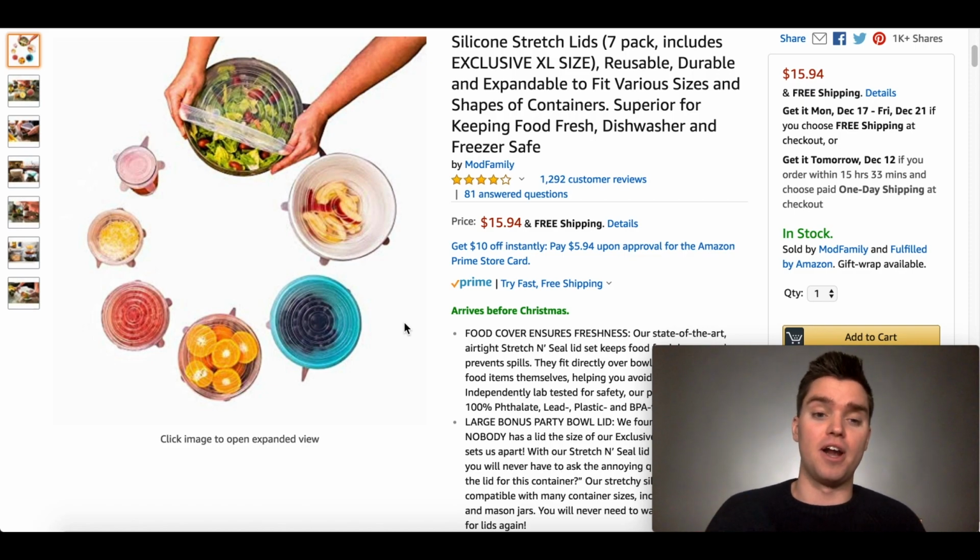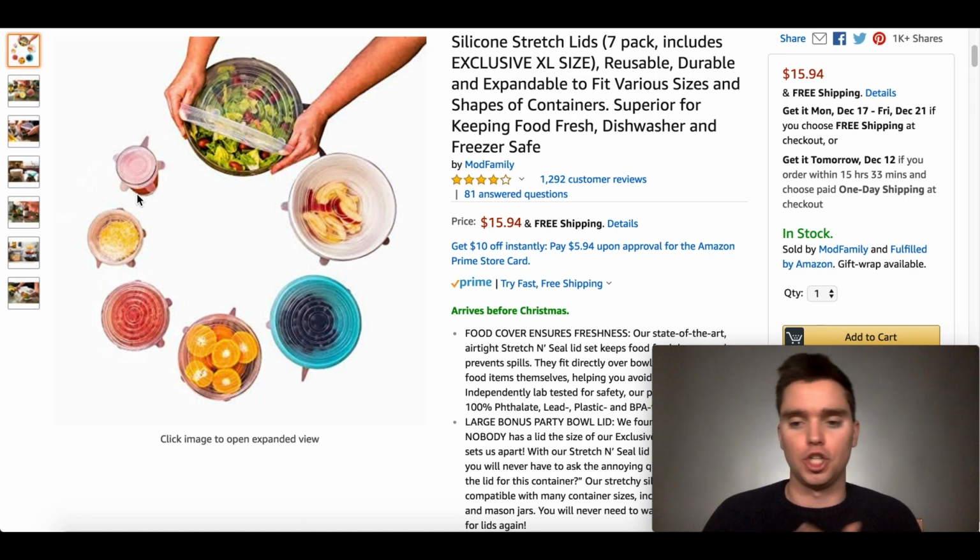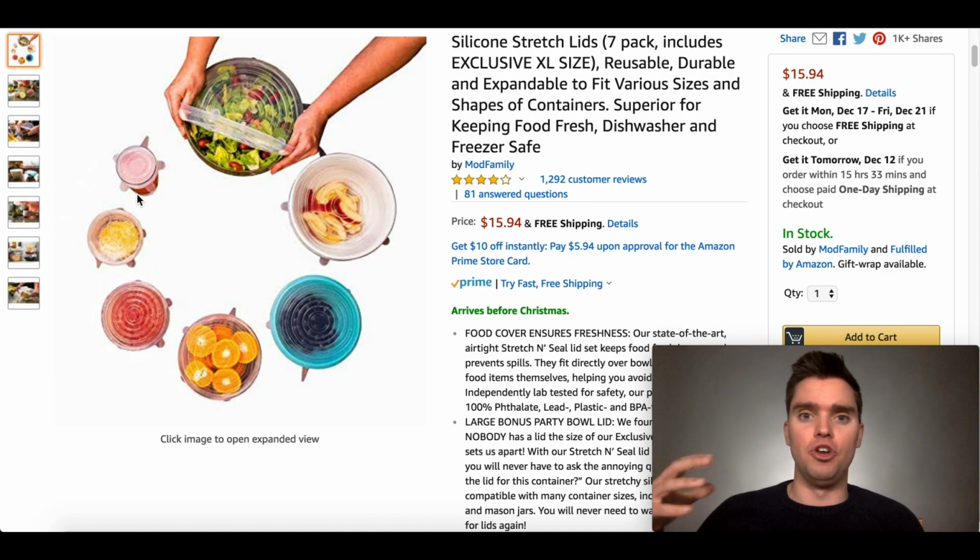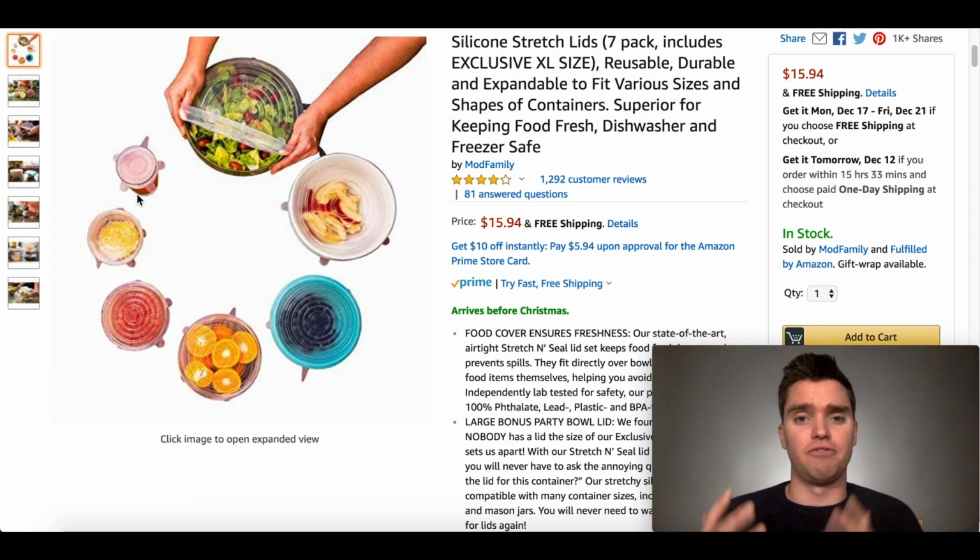Just because you differentiate, right? Let's say you make a different color version of this, or maybe they all come in sets and you sell only one specifically, or only one small, and charge a lower price point or whatever it is, right? I'm just throwing that out there. Just because you differentiate doesn't mean you're automatically going to win. You need to make sure you differentiate based on reviews. If you don't have a clear idea for differentiation and don't execute it correctly,